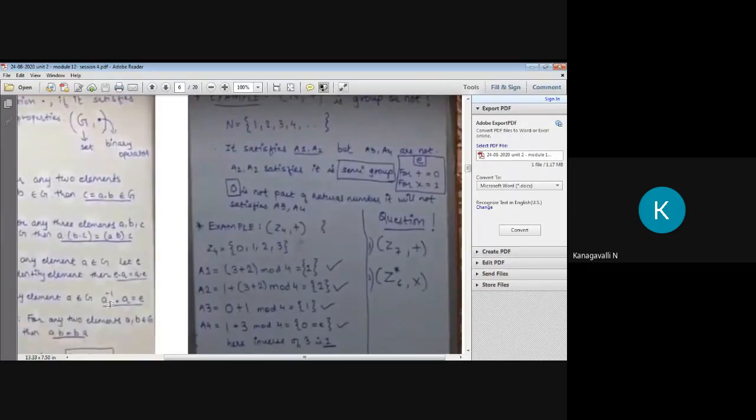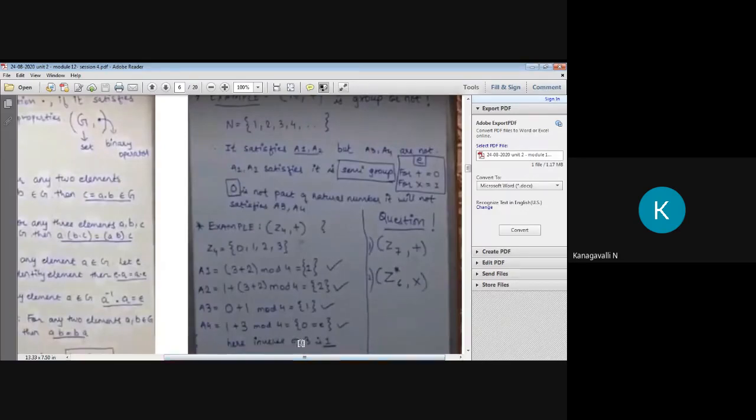Then what is the fourth one? A dot A inverse equal to E. Then similarly here you are going to check, take any two values, right? Check whether the result is the identity 0 or not. Choose your values based on that remainder 0, you finalize. So if you check your modulo value here, n is 4, right? So what values will we take to get the identity? 1 plus 3, 4, right? Then 4 mod 4, our result is 0. So definitely it is the identity, right?